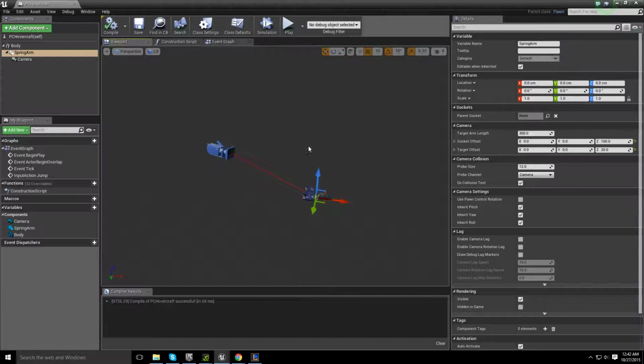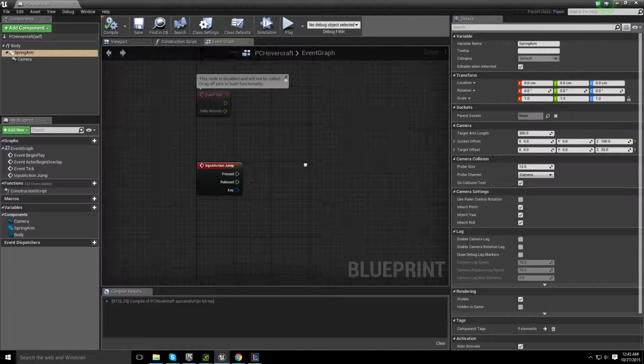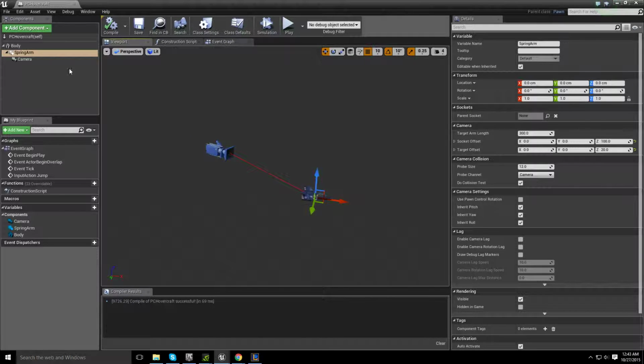So let's take a quick look here. Now we can go to our event graph, finally. And we can add some behavior when we hit jump. All right, so what do we want to do when our player presses the jump key? Well, we want the vehicle to launch into the air. Now, the best way to handle that is to add a physics impulse. That is an instant of acceleration in a particular direction. So when the user hits jump, we need to add a physics impulse to the body of this vehicle, and